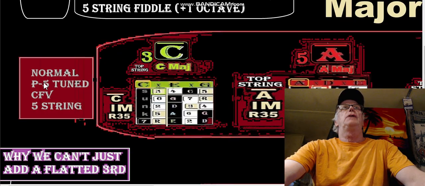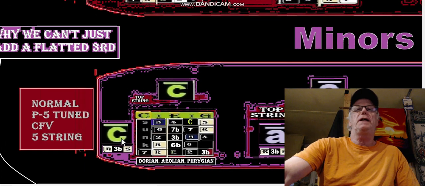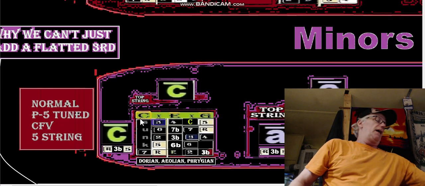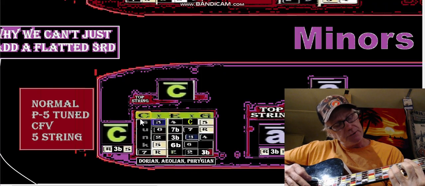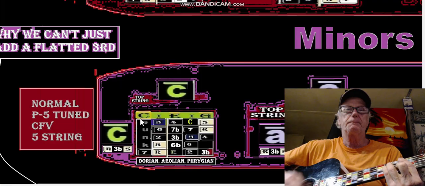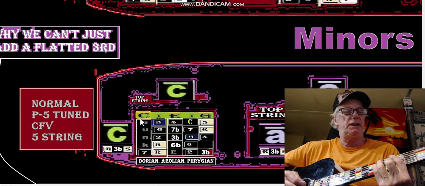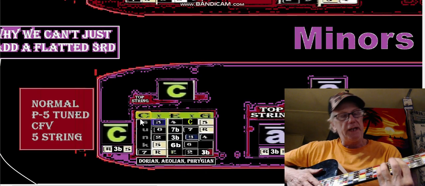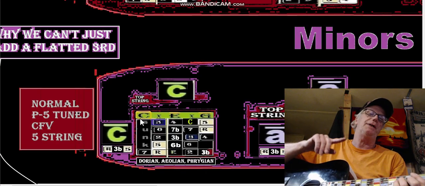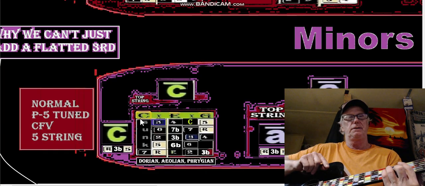of right here, a normal P5 tuned 5 string major chord. Here we're just going to take that chord and make it minor. How does that work on guitar? Let's say we're doing an E major here, and then you're just going to make that E minor by lifting the finger. Okay, as opposed to, and not to be confused with the E